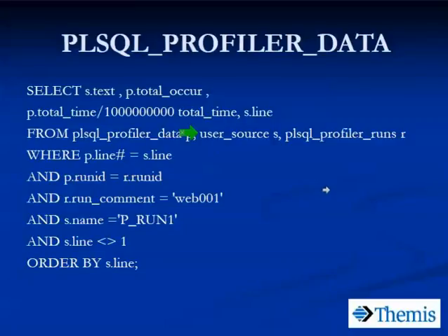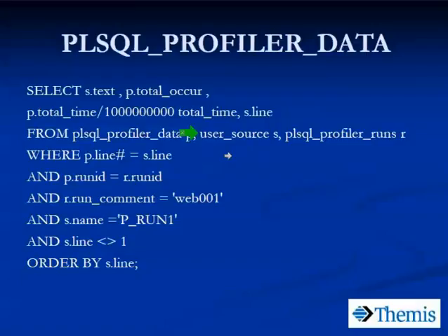A lot of you are going to be familiar with this, but it is a data dictionary view. There's also ALL_SOURCE. USER_SOURCE, for those of you that aren't familiar with it, will show you the source code for any programs, stored procedures, functions, packages, triggers, whatever,